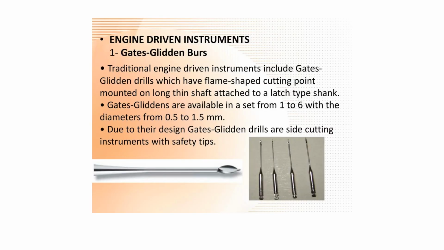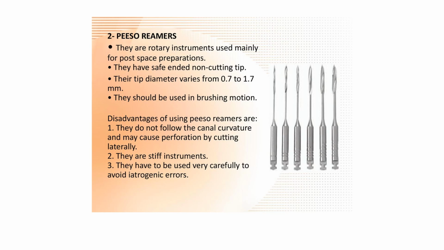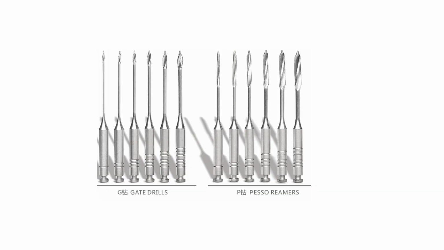And then you should know the diameter from where it starts. So if you know from where it starts, it is very easy. You have to just add on every 0.2 mm for every size increase from 1 to 6. So Gates Glidden starts with 0.5, whereas Peeso starts with 0.7. So how you remember is, according to the alphabetical order, after G goes P, so you take it as 0.5 then 0.7, then you can easily remember. So your first instrument will have one ring, the second number will have two rings, then it just progresses to 6 rings. That is how you identify what size the instrument is.